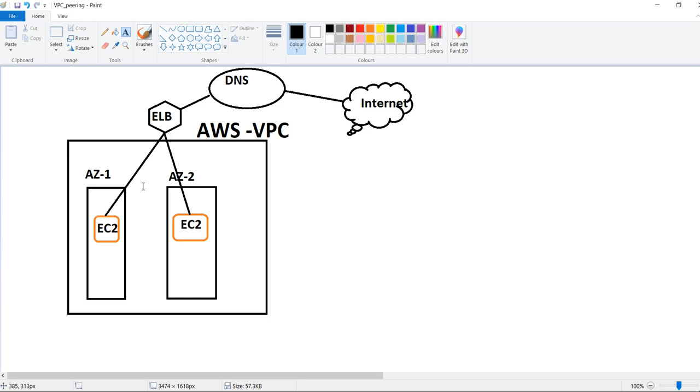If we are using two availability zones, we will go with four instances. Then it will create two here and two here. Then what will happen? It will distribute the traffic evenly. Then there is no burden on any one availability zone. Okay, that is how it will actually work.